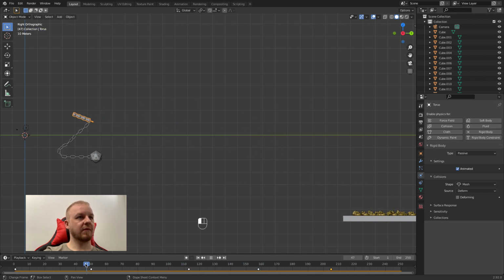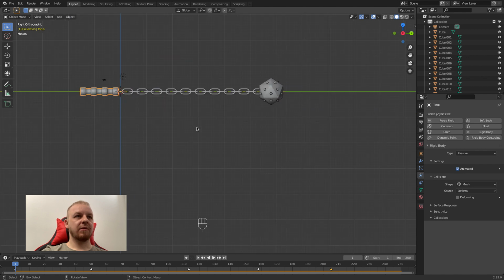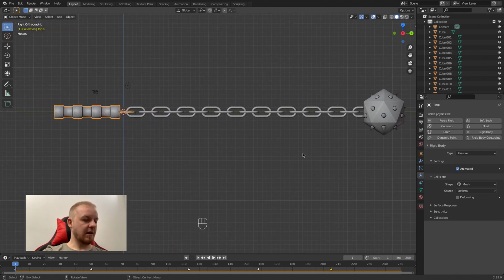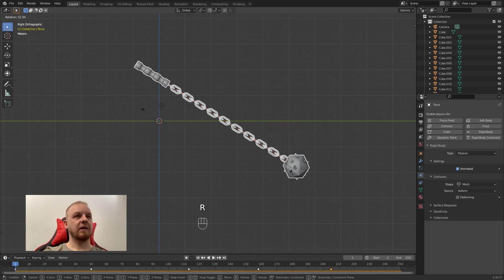So okay, here we should probably allow it first to swing down, or maybe just rotate those. It will be probably better. So I will go to the first frame, and I will select everything here, which is basically those, just deselect the lamp if you selected it, and I can